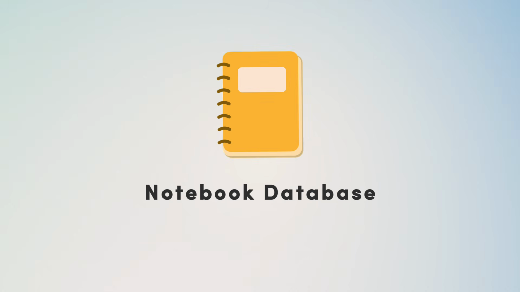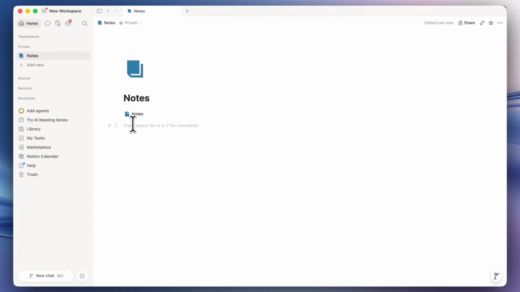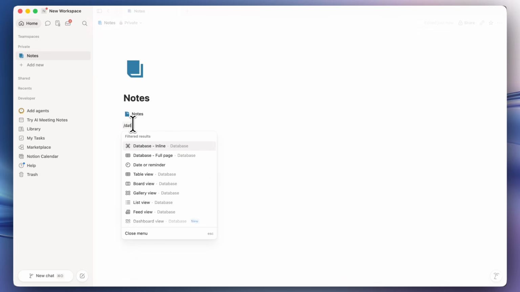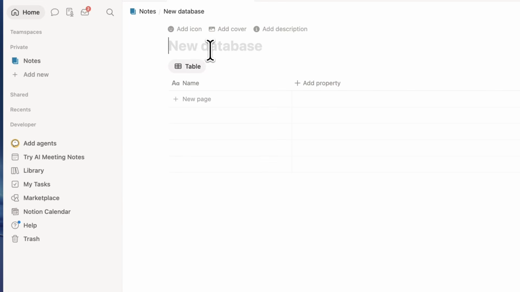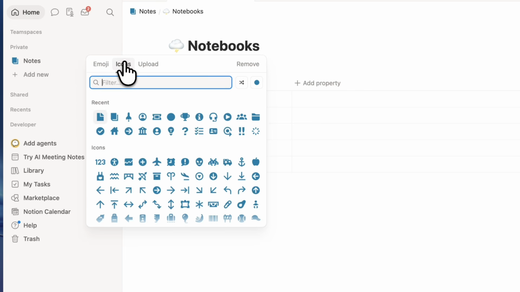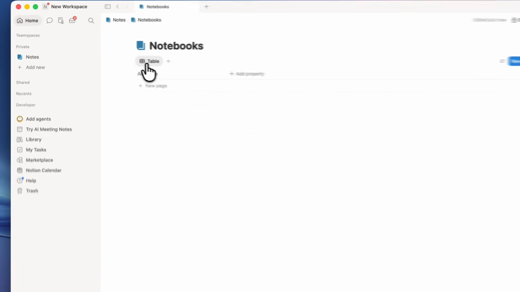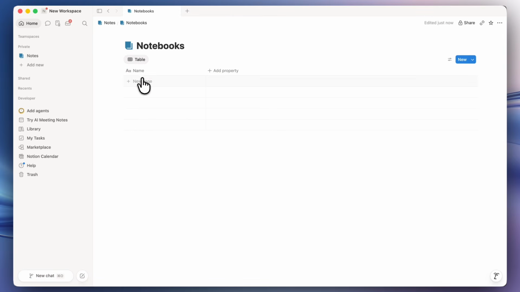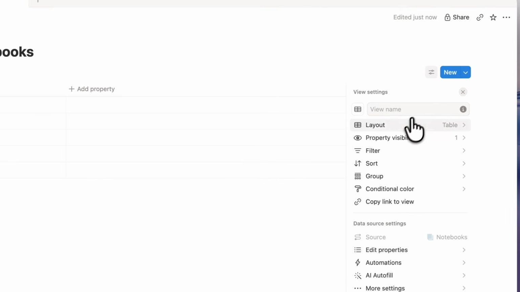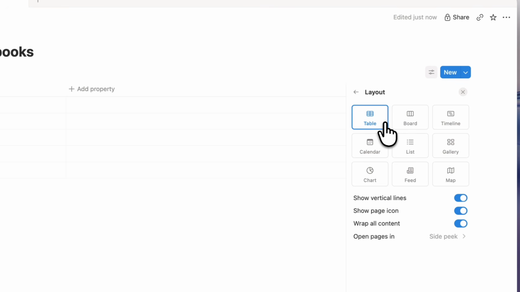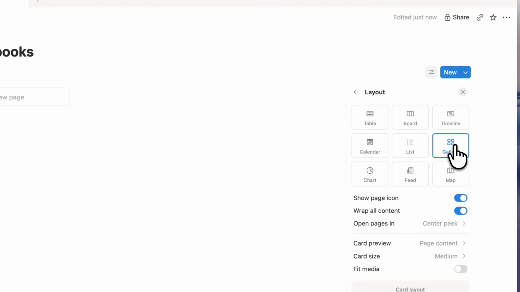Next, let's build a notebook database, which is basically going to allow you to see your notes based on what notebook you place it in. So I'm going to type /database again. This one's going to be full page, and I'm going to name this one notebooks. And for the icon, let's go ahead and put another book like this. And what we're going to do with the notebooks is instead of this kind of table view, I'm going to go to the settings icon over here, go to layout, and I'm going to choose a gallery view,